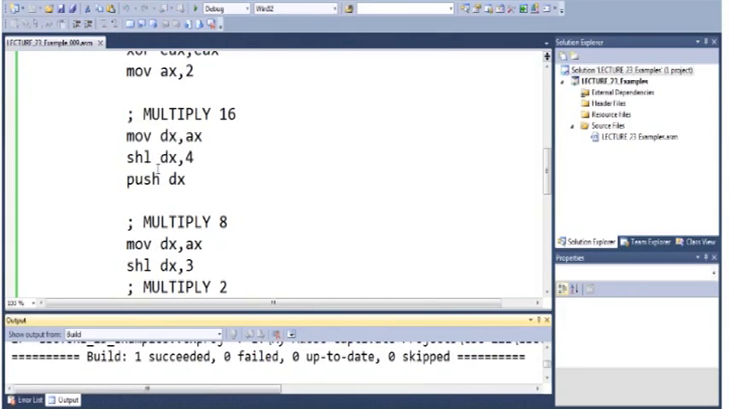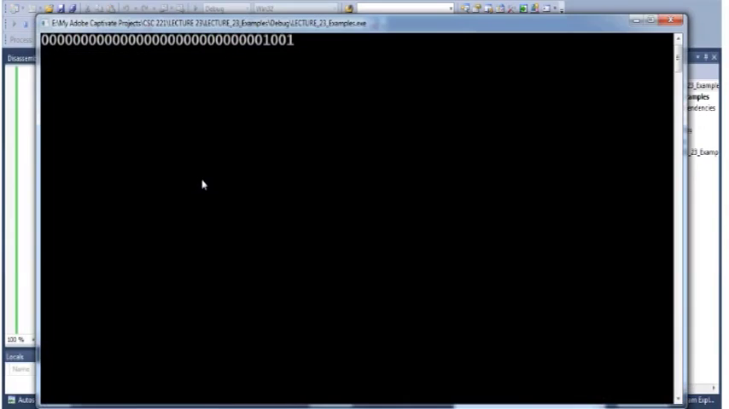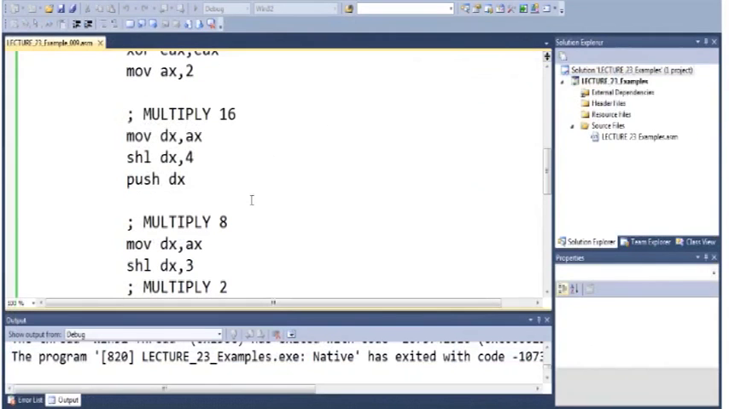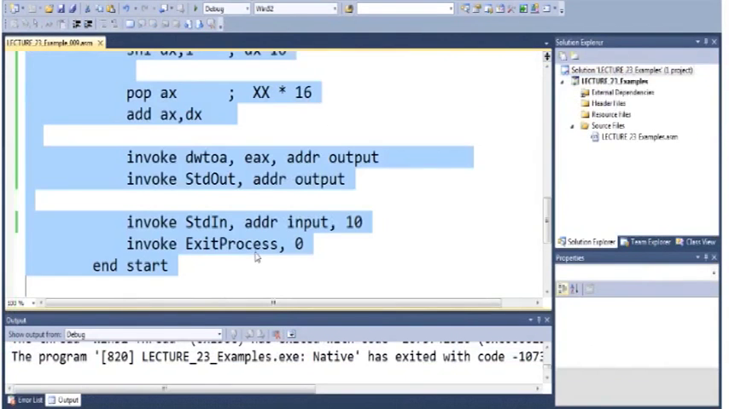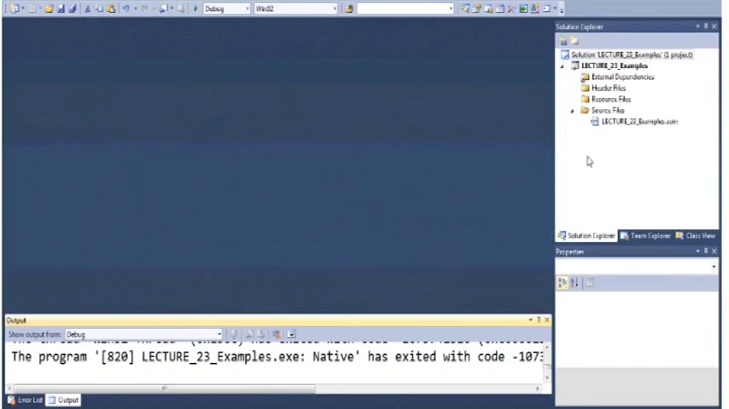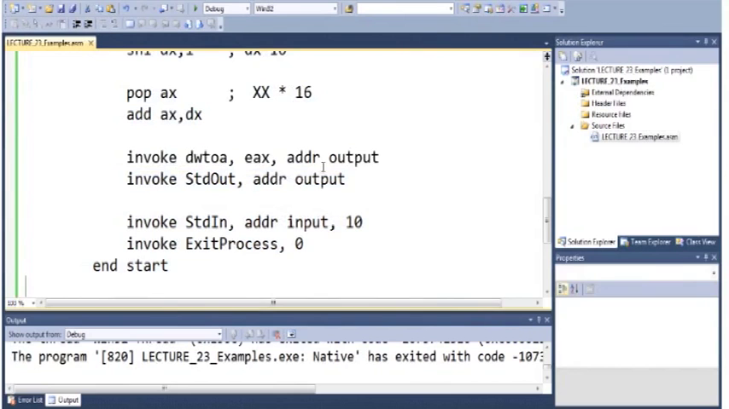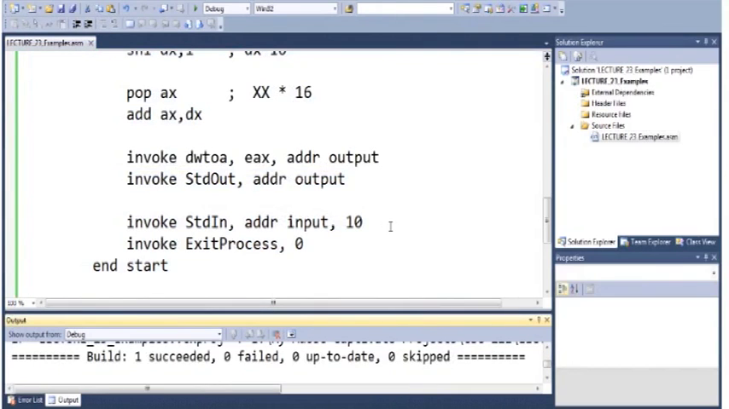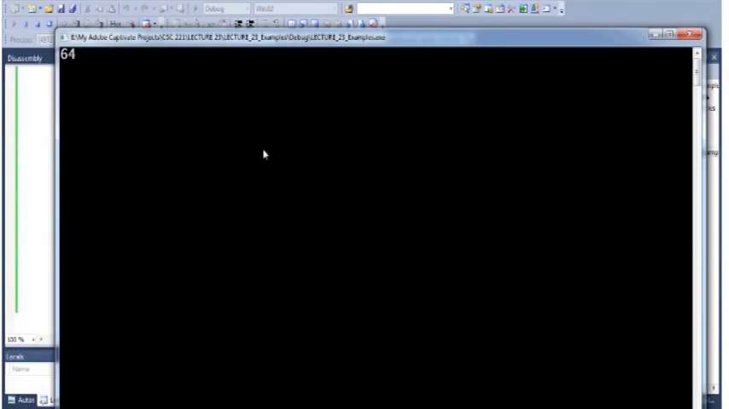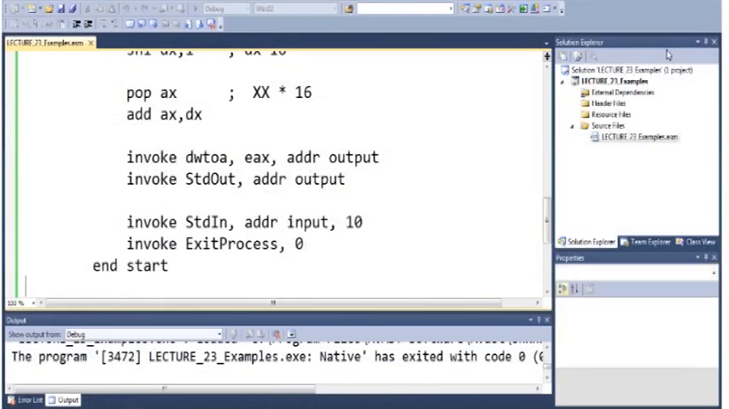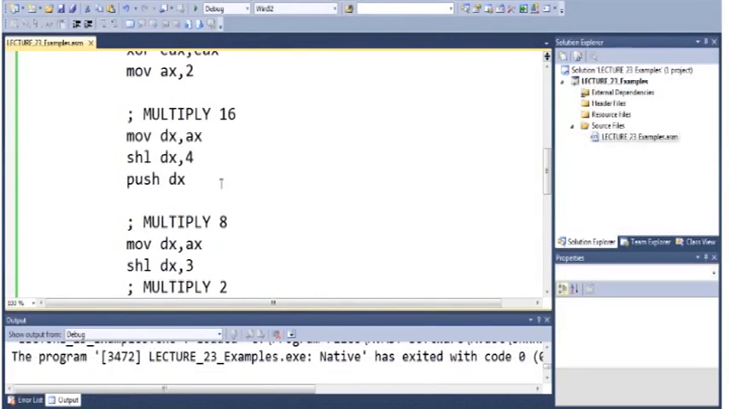Run this one. Sorry, these are the changes which we made. Control copy, and we have to save this one, so we have to run this one. So this is 64, you can see here. If I want to multiply 26 with 3, or 3 is multiplied with 26,